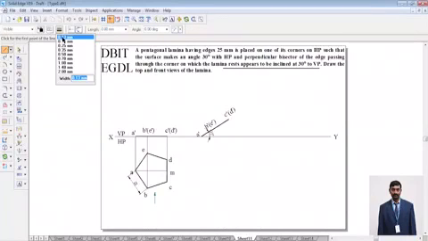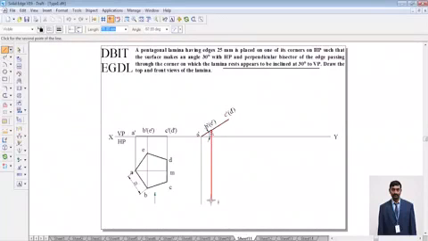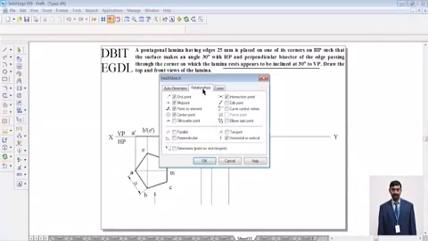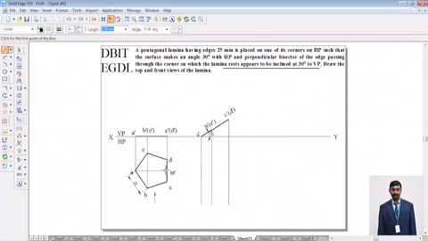We are going to draw the projection lines from endpoint A, using thin lines, and next B dash E dash, and next C dash D dash. So I'm going to draw the projection line from A to the next projection line. I am going to disable the midpoint option. So this is your A, and this is your M, the perpendicular bisector.